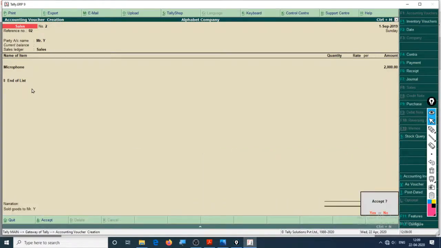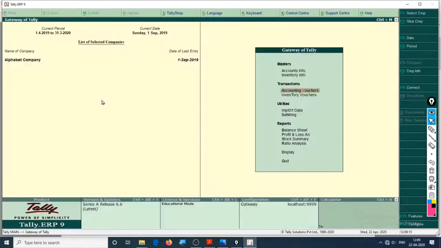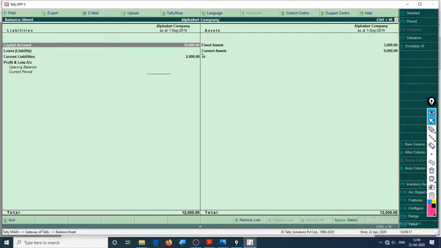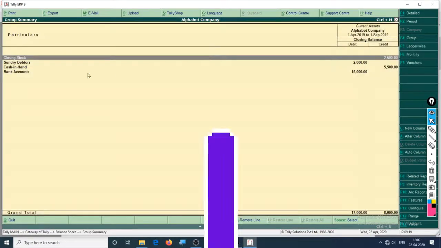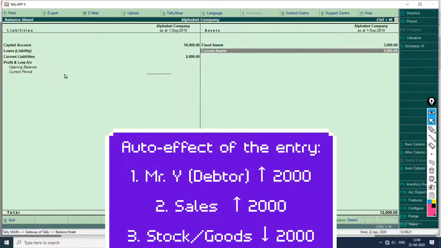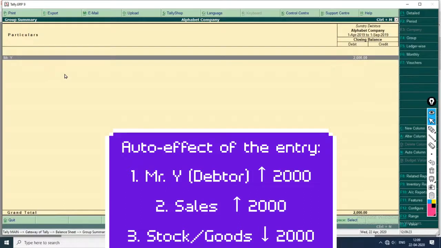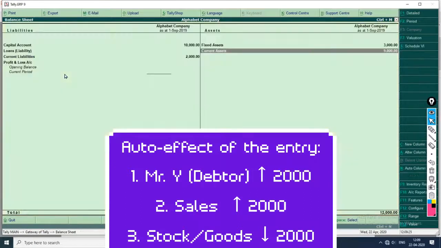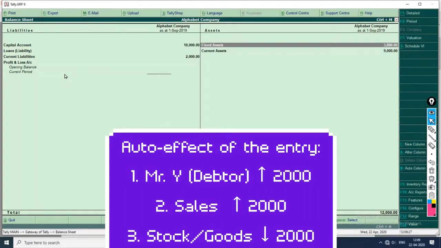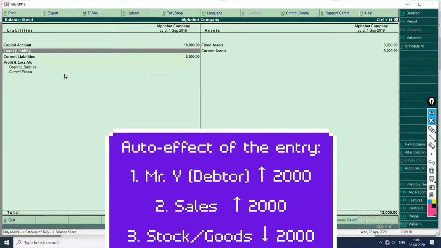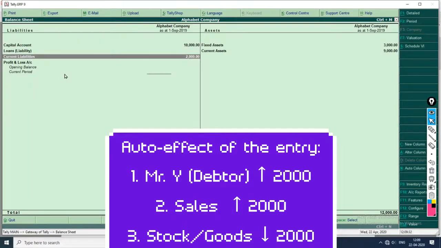Okay, so we sold goods to Mr. Y. As Mr. Y has still not paid us, he will be our asset, that is, in future he is going to pay us. You can see right here, current asset column, sundry debtors, Mr. Y. So Mr. Y is a current asset because we expect Mr. Y to pay in the forthcoming 12 months, hopefully.